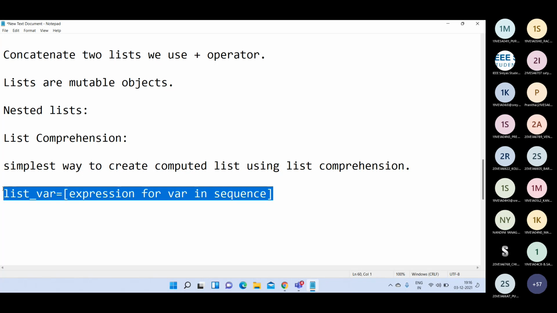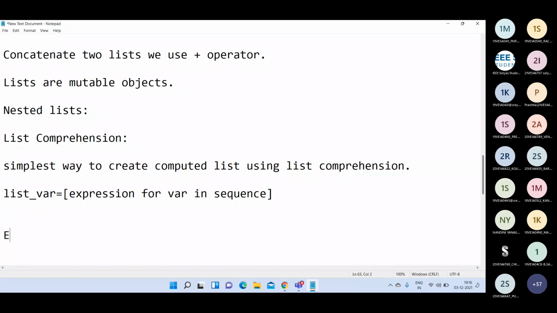In the place of expression, you can write any kind of expression, whatever values you want to compute, followed by a for loop: for variable name in sequence. You can write either a list, a string, or the range function here.